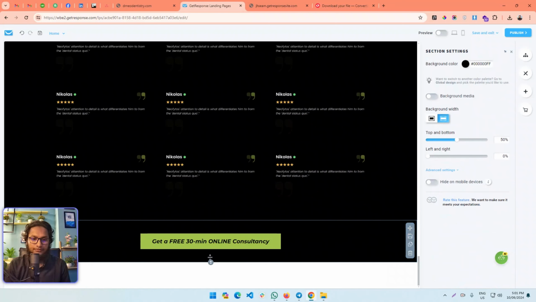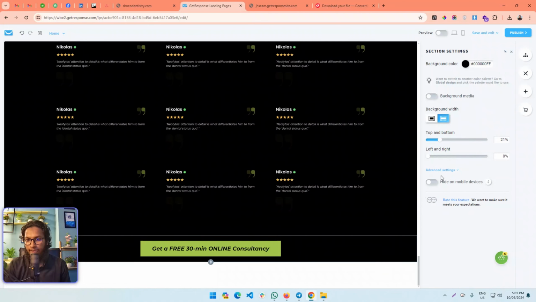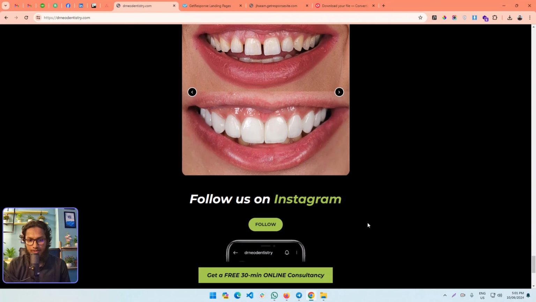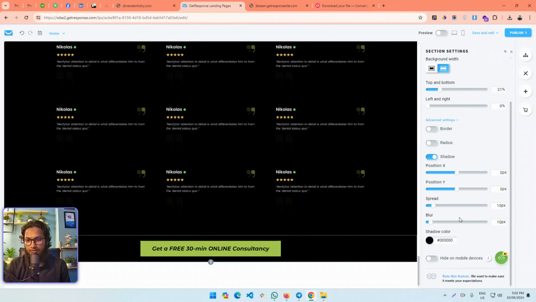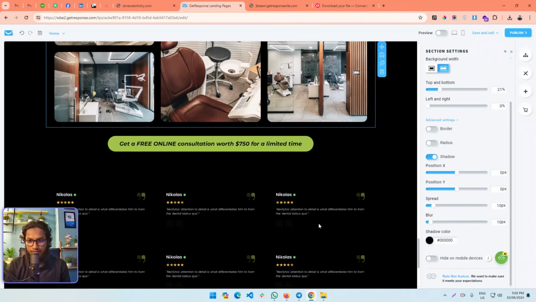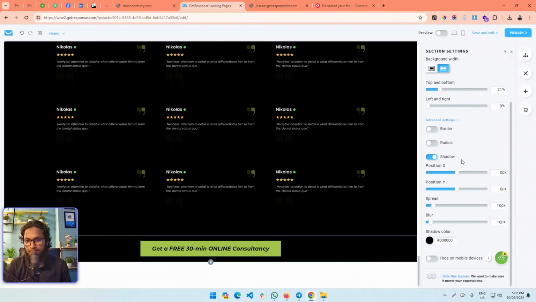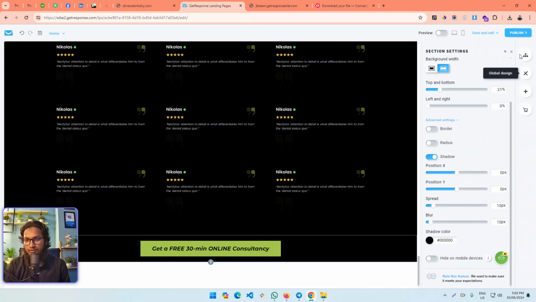Yeah, top and bottom we can also reduce like this. Okay, there is some box shadow. If you go here, you see some box shadow of this section. You see black box shadow. So I can enable shadow and use box shadow. Let's select the section again and save it. Let's check the preview,